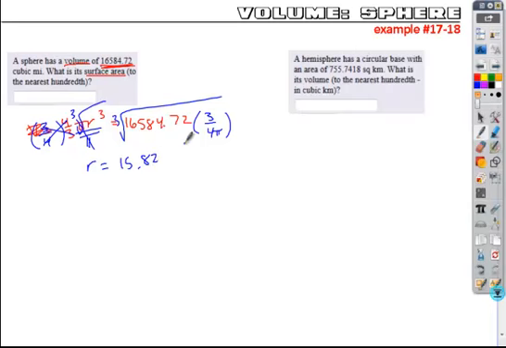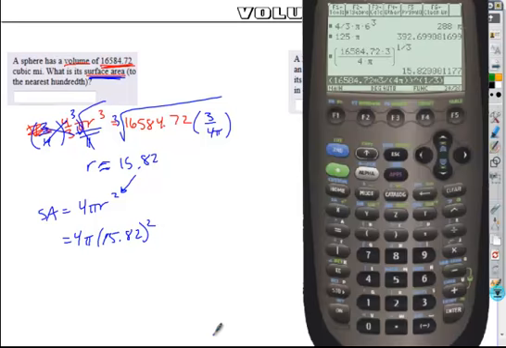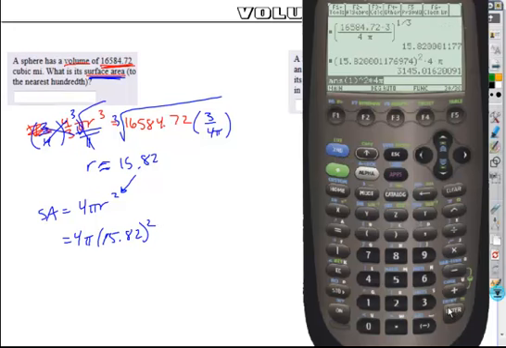There are other digits that follow this, so this is not an exact answer. This is just an approximation. But what I can now do is use that to find the surface area. The surface area formula for a sphere is 4 pi r squared. And so if I plug that into r right here and calculate, so if I square this quantity and then multiply it by 4 pi, I'll get my solution,